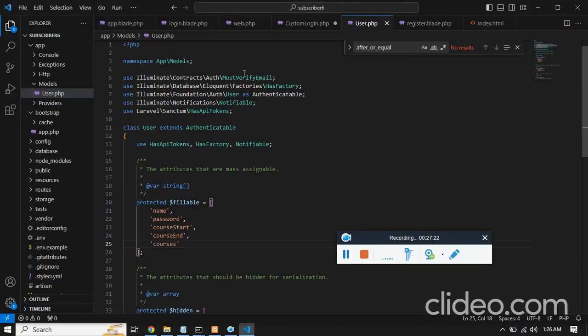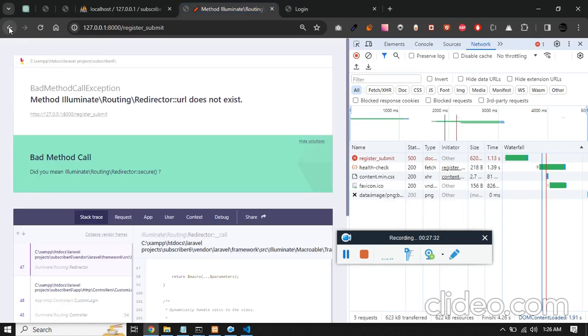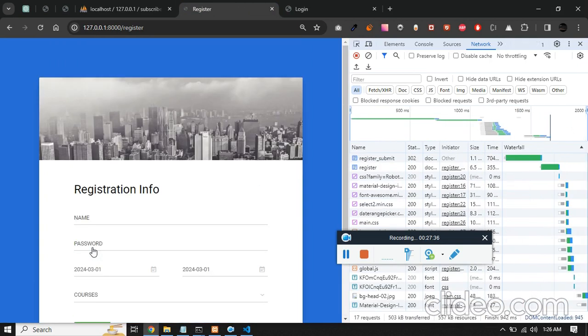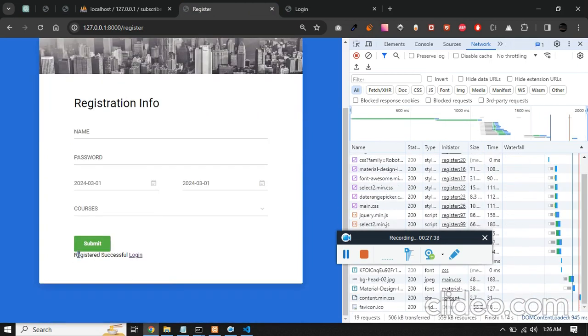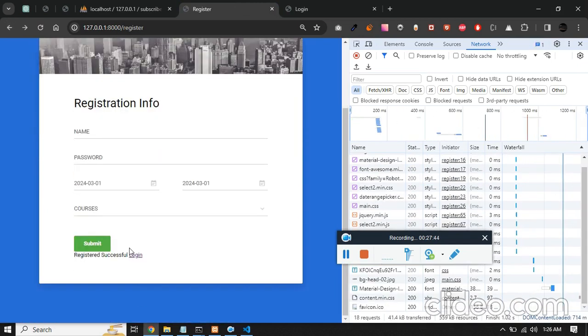the URL does not exist, so we have to correct it. So instead of URL we can just directly make this redirect. So now let's try again, submit. So you'll see login registered successful. You need to click on login, and yes, login page is there. So if you want to style this, you can do it. So